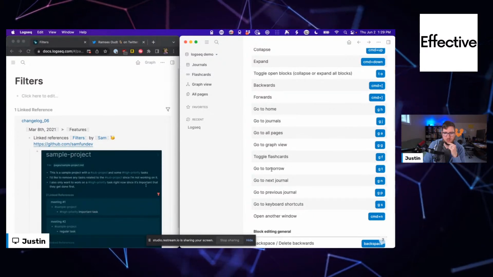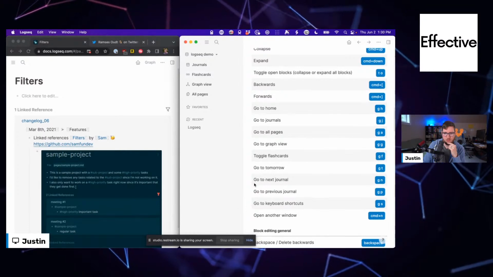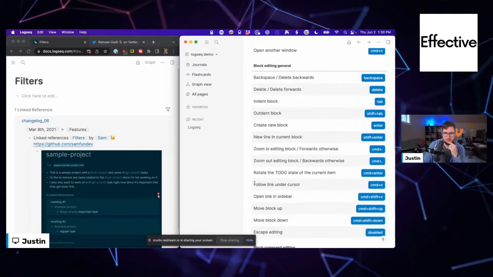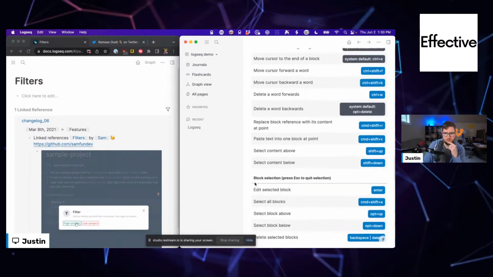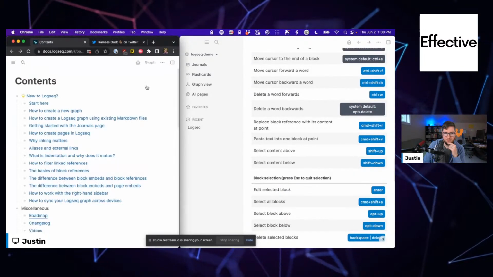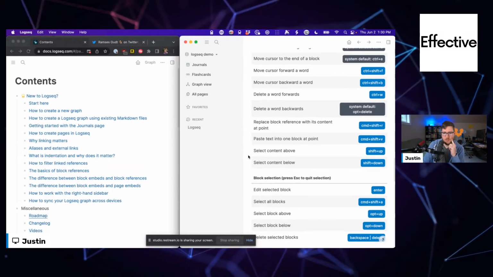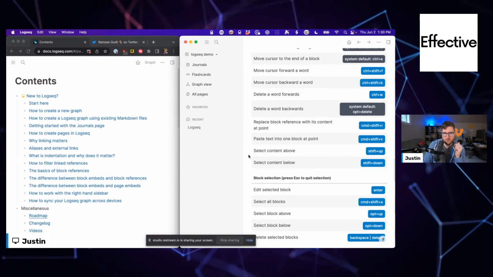Toggle flashcards, go to tomorrow, next journal, previous. I'm gonna get off of that because that's freaking me out to have it in the peripheral.